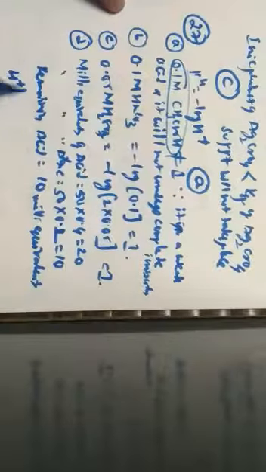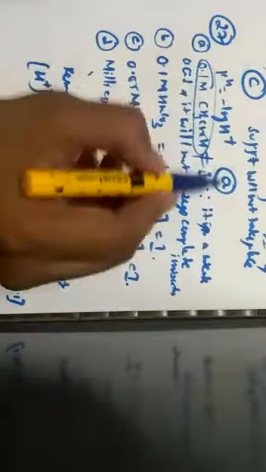So the concentration of H plus ion is equal to 10, that is remaining acid, divided by the total volume, 50 plus 50, 100. That is 10 by 100, which is nothing but 0.1. Therefore pH is equal to negative logarithm of H plus, that is negative logarithm of 0.1, which is again 1. Hence by this we can clearly understand that the pH which is not equal to 1 is given by option A, that is 0.1 molar acetic acid.